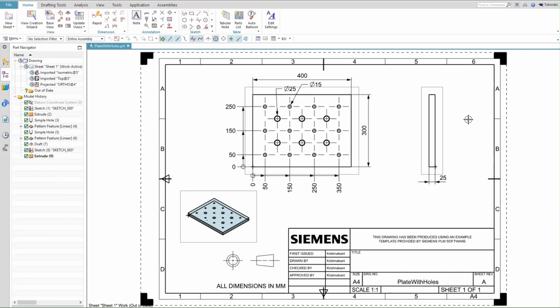Hello friends, I am here in front of you with another video, with another example, and this is what I am going to emphasize today: how you can find the objects, report some information of that object and its relation with the other objects in your work part. As you can see, this drawing file, drawing sheet